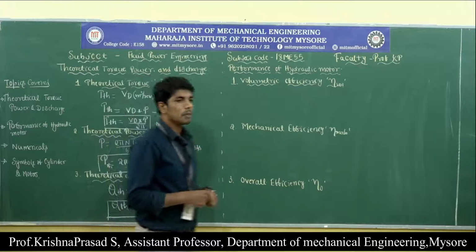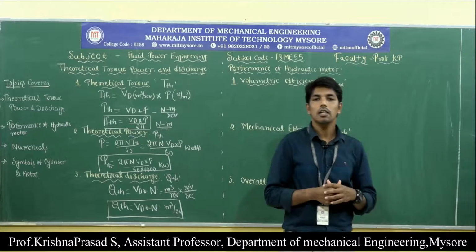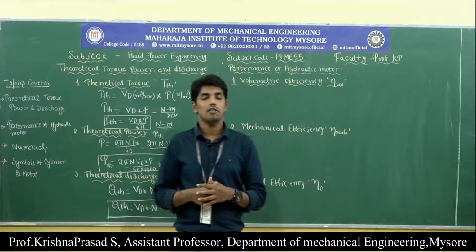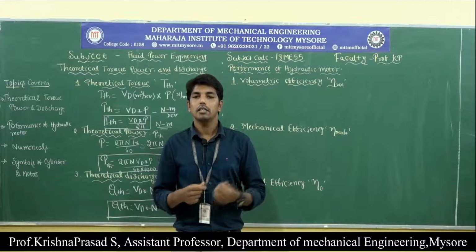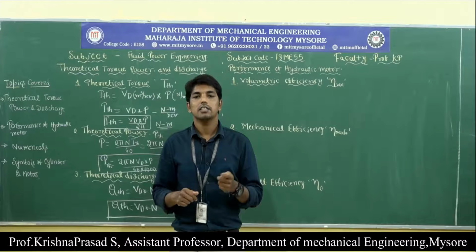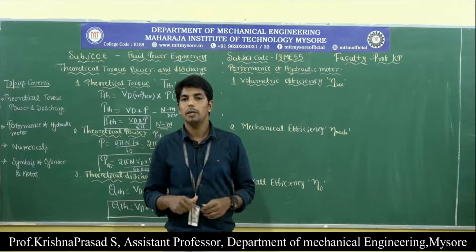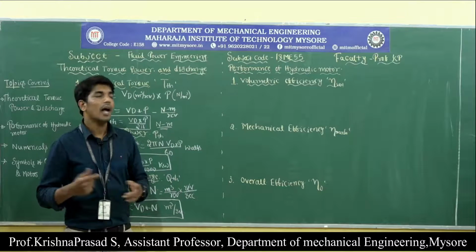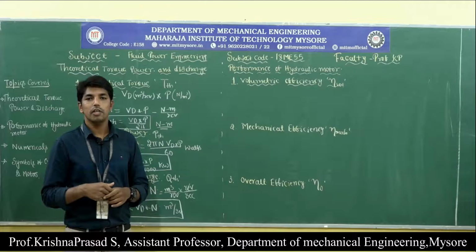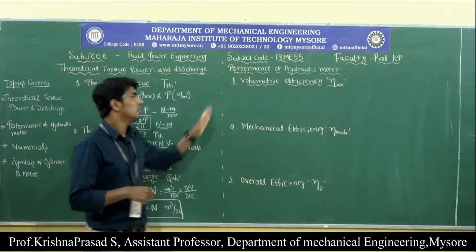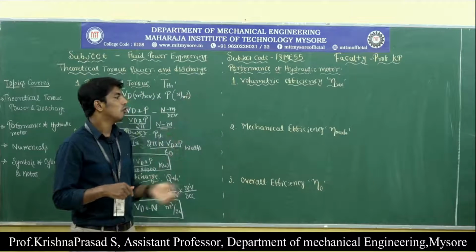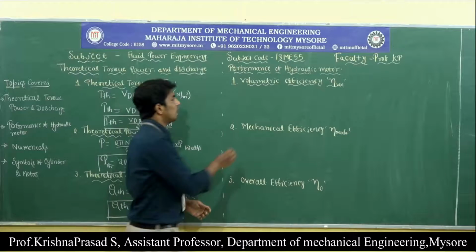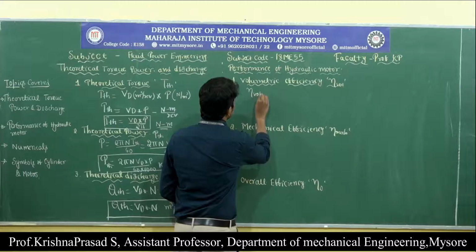Next one is the performance of the hydraulic motor. The performance of a mechanical system mainly depends upon the precision manufacturing of its elements as well as the maintenance of close tolerances of design and its operating limits. These are the main parameters we observe when checking the performance of a mechanical system. In case of the hydraulic motor, the performance can also be measured with the help of three efficiencies. First one is volumetric efficiency, second is mechanical efficiency, and third is overall efficiency. First, what is meant by the volumetric efficiency?